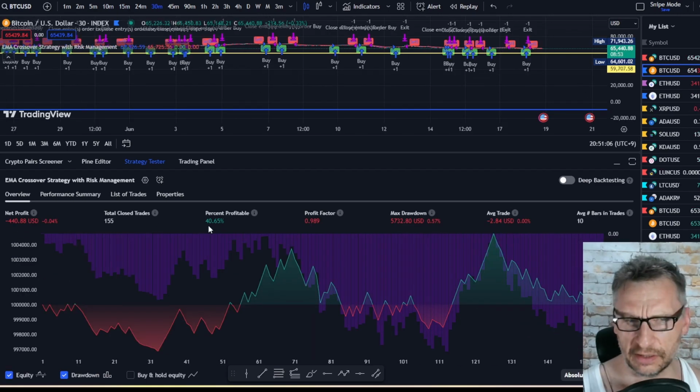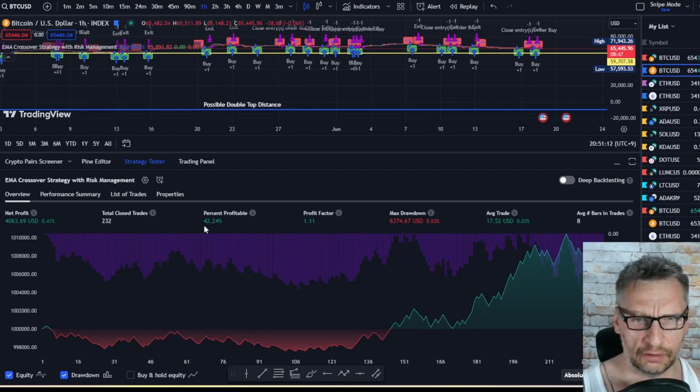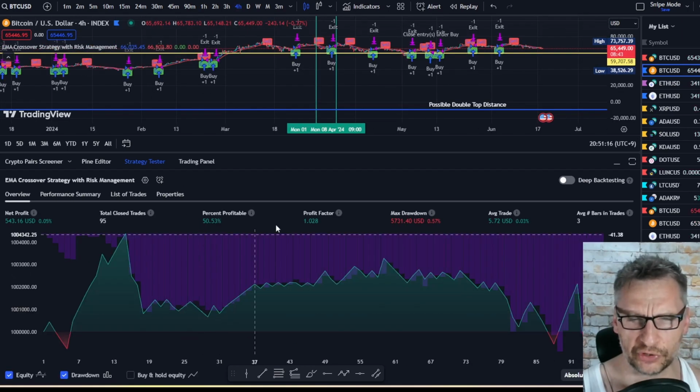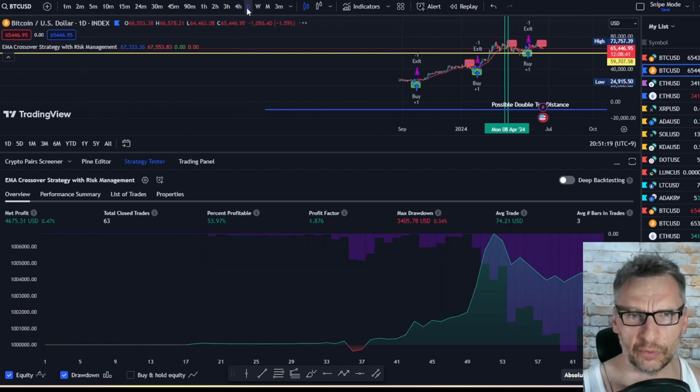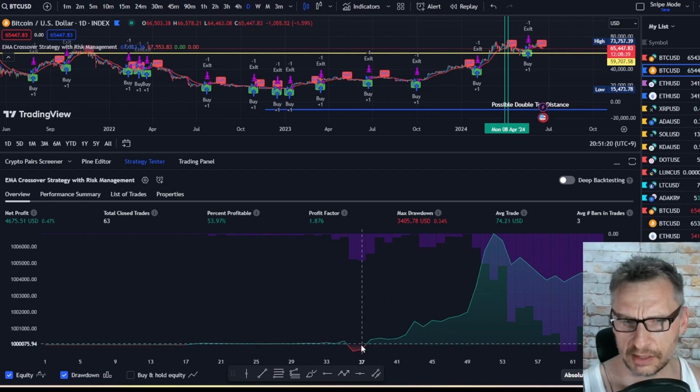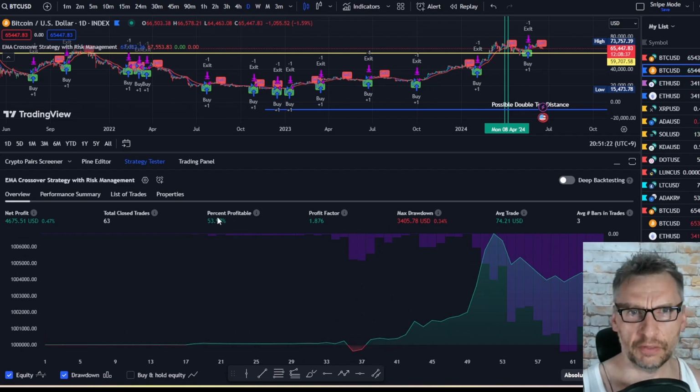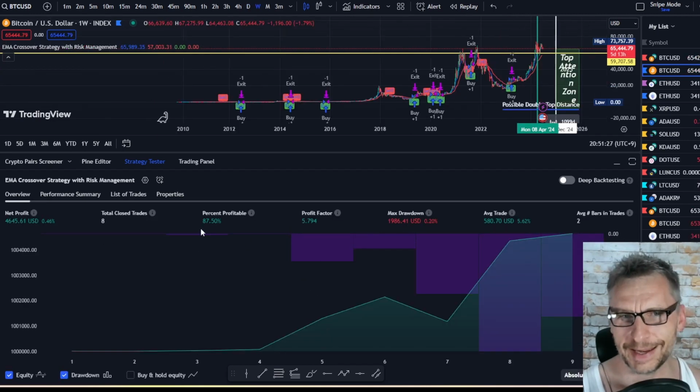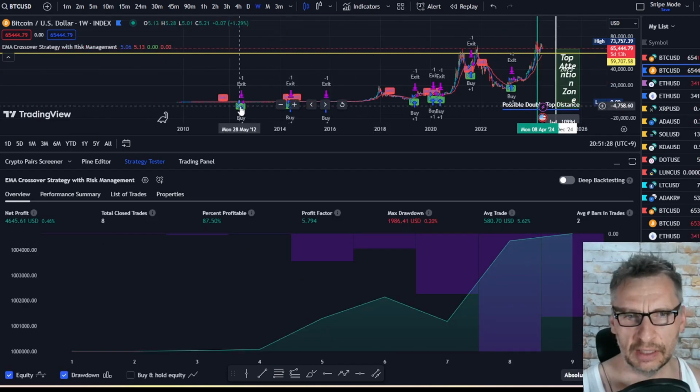30 minutes, the profitability goes up a little bit to 40%. On the 1 hour, we're at 42%. On the 4 hours, 50%. Basically, the longer the time frame, the better the profitability is. On the daily, you're at 53%, and on the weekly, it's at 87%. But so these would be like